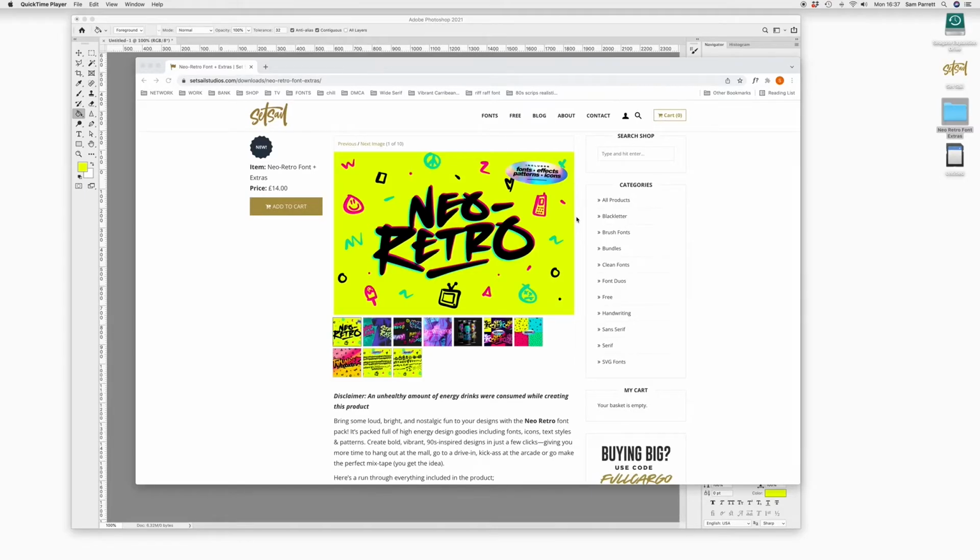Okay, so here's the Neo Retro font on the Set Sail Studios website. As you can see, it's pretty funky, kind of 90s, early 2000s inspired font, very vibrant colours, a bit over the top, but you know, it's good fun. So we're going to install the text effects, install the patterns, install the font, and then recreate this front cover